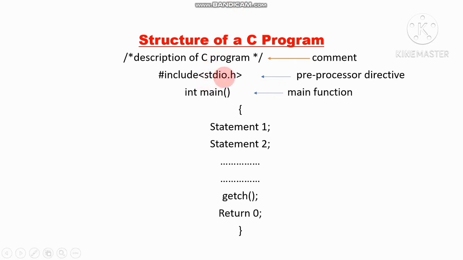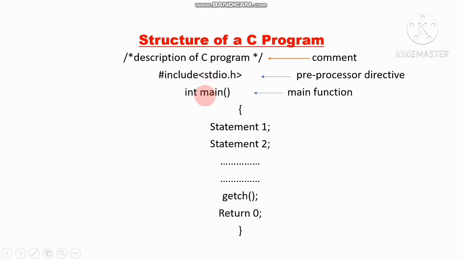Here std means standard, io means input output, and .h means header file. The standard library contains different types of input and output files. So this directive tells the preprocessor to include the standard input output file. This is all about this line.